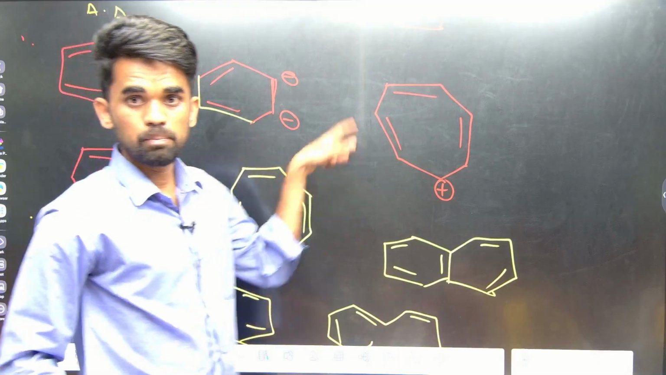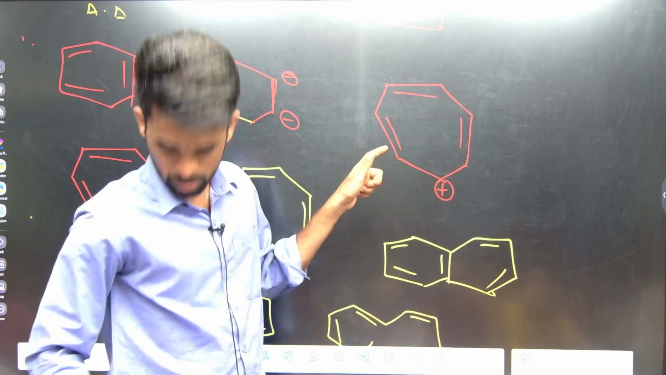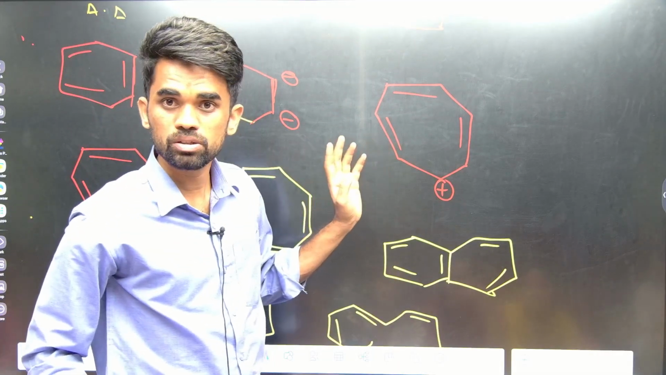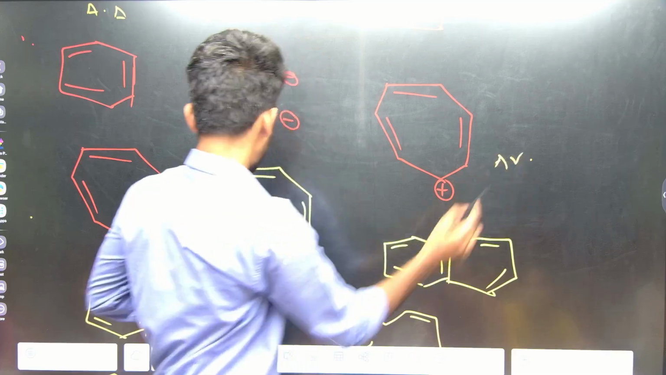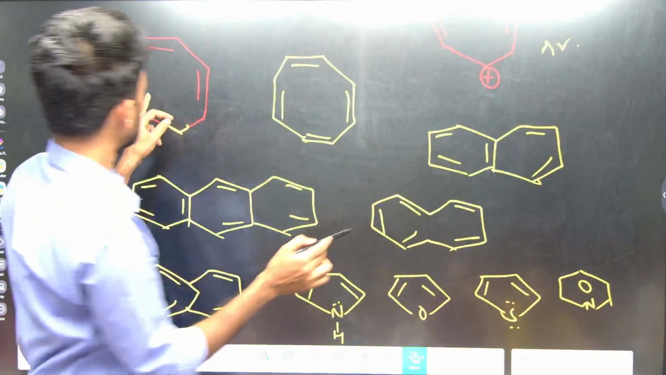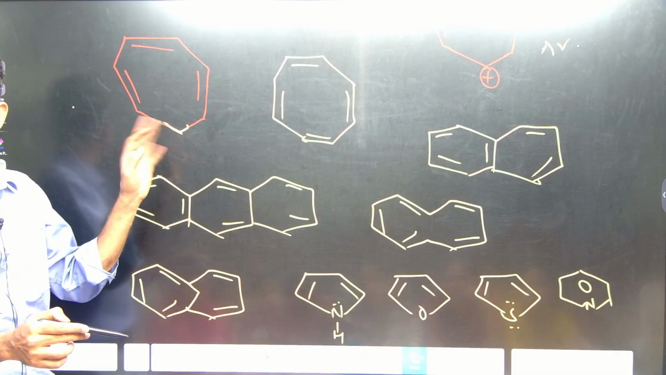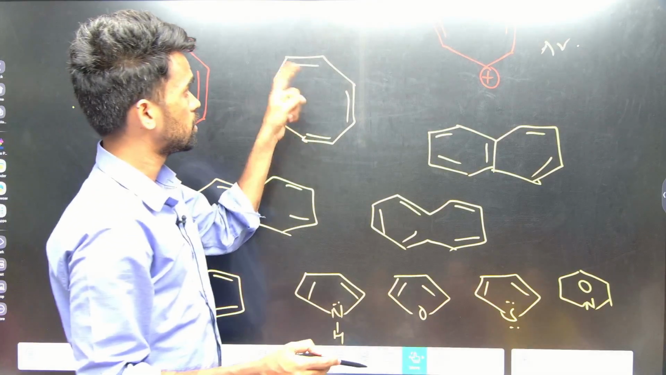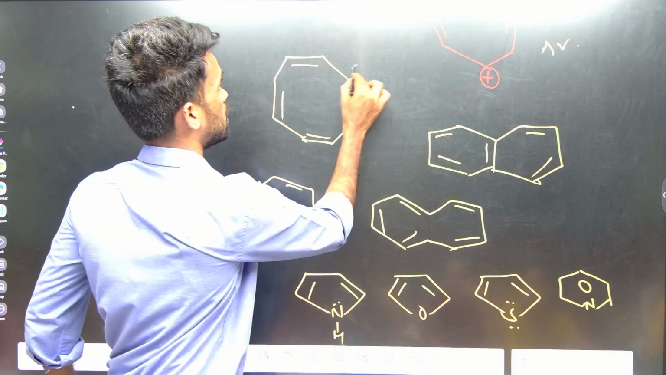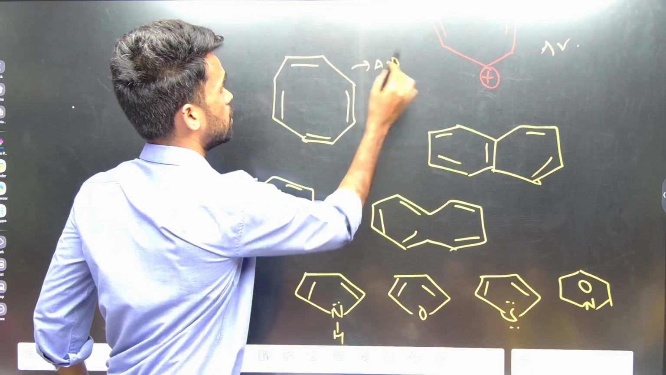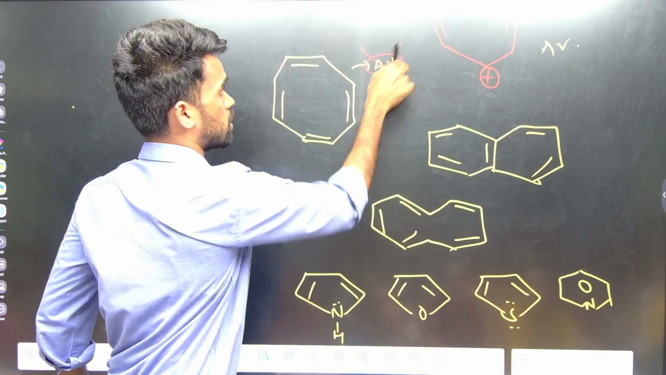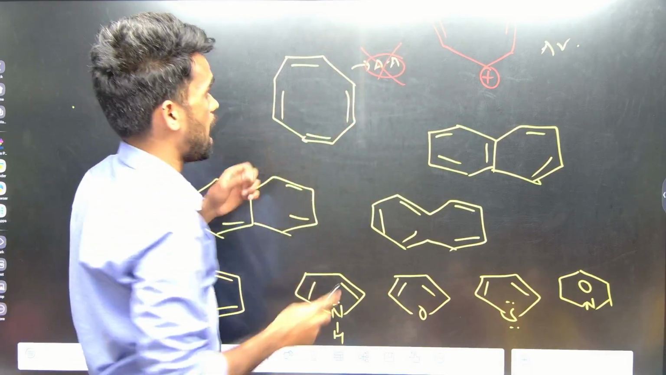Cyclic, planarity, how many pi electrons? 6 pi electrons, so aromatic. Next, this one, sp3 carbon, non-aromatic. This one, if you do it, actually you feel it is anti-aromatic, no? So you write anti-aromatic and put a cross, okay? So it will be having a shape like,